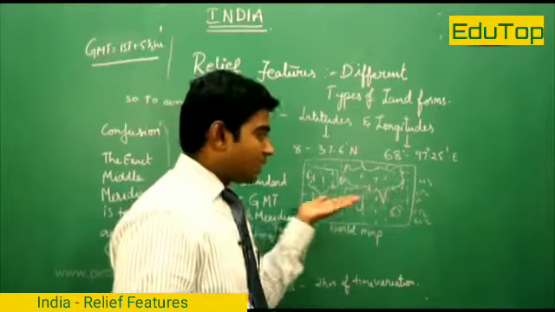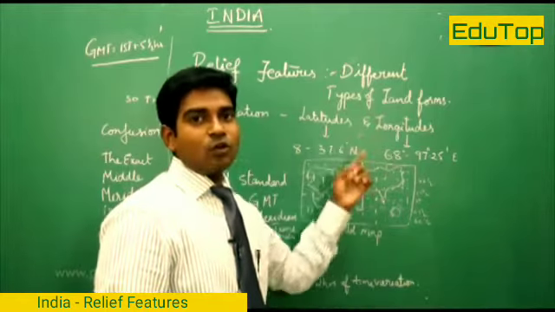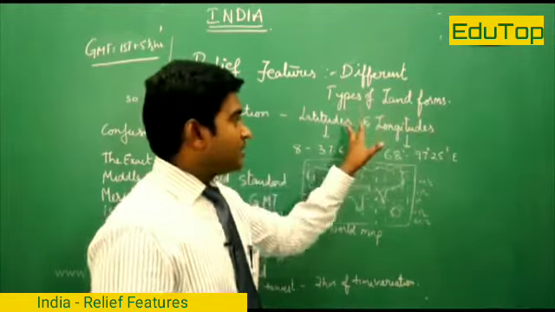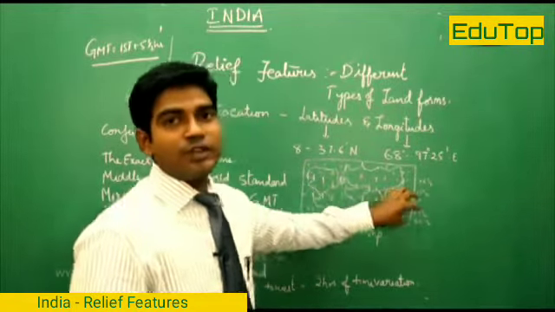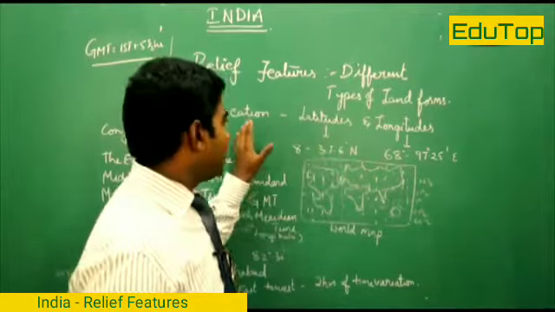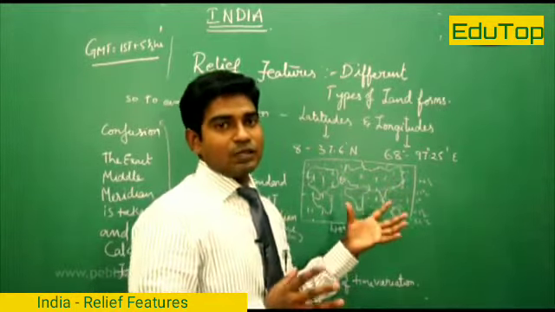The lines which are running horizontally are called latitudes. The lines which are running vertically are known as longitudes. So by taking these two lines and their degrees, we can get the location of any particular country. Now coming to India's location, it comes in the northern part of the world globe.